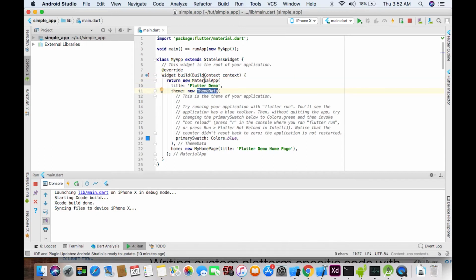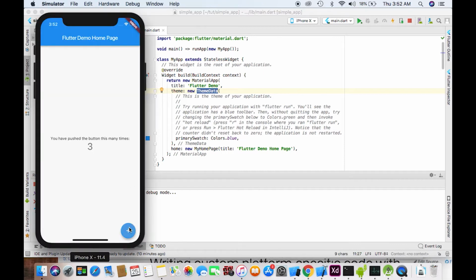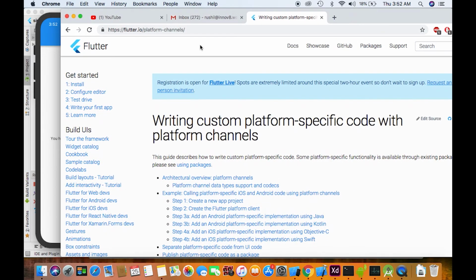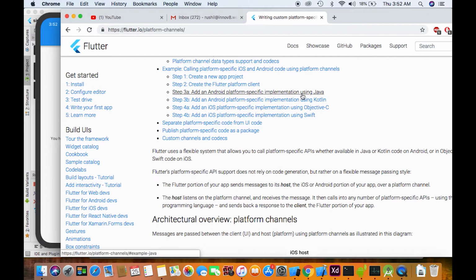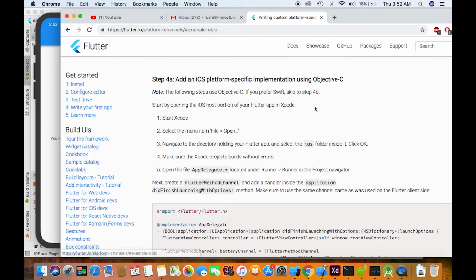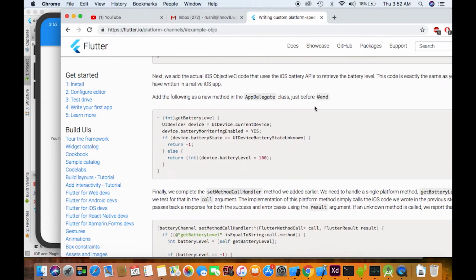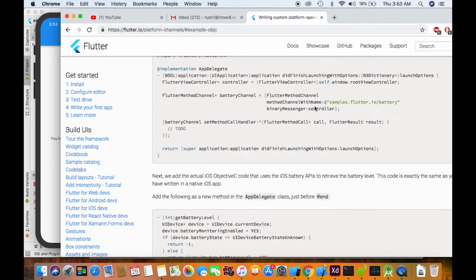So right now I have set up a demo application here. You can see the demo is like the normal sample application. What we'll do is first use the platform channel method to invoke an iOS view inside this. For the platform channel documentation, you can look at Flutter here. All the details are given. The section we will be looking at is Objective C. So go to Objective C. You can see how to call a native view inside Flutter.